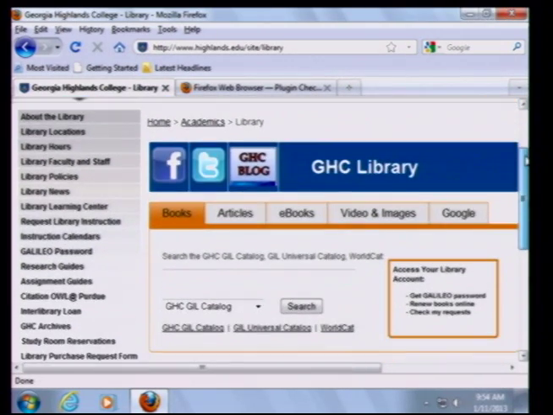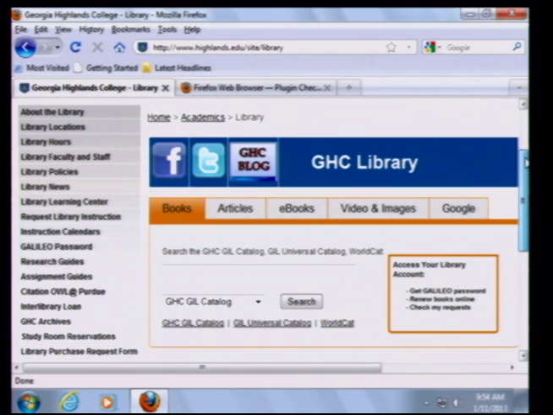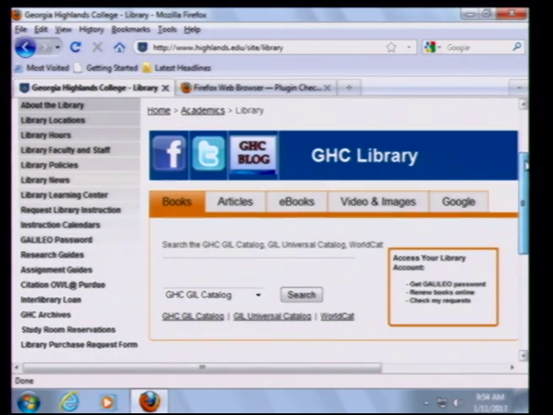And you can actually start searching here. Not going to focus on books today, but if you were going to do a search for books, you could just simply key in your term here in this little box in the middle of the screen and then click on search, and then you would see books coming up in our catalog. But just for the sake of brevity, I think I will do one little search here just to show you how easy it is to search the catalog. So I've keyed in Alexander the Great, and I'm going to click on search.